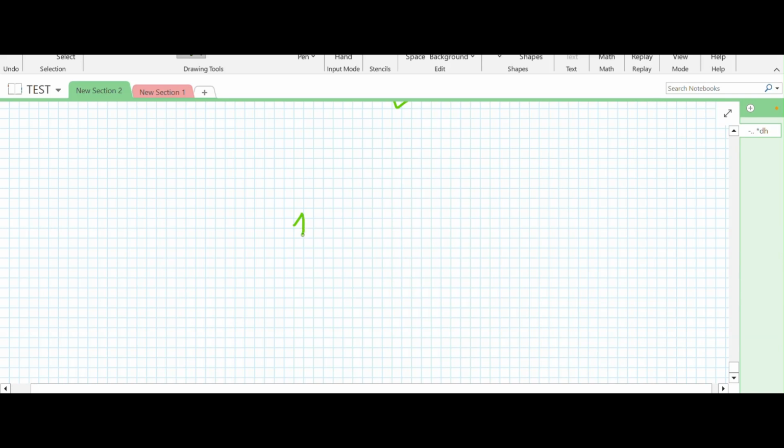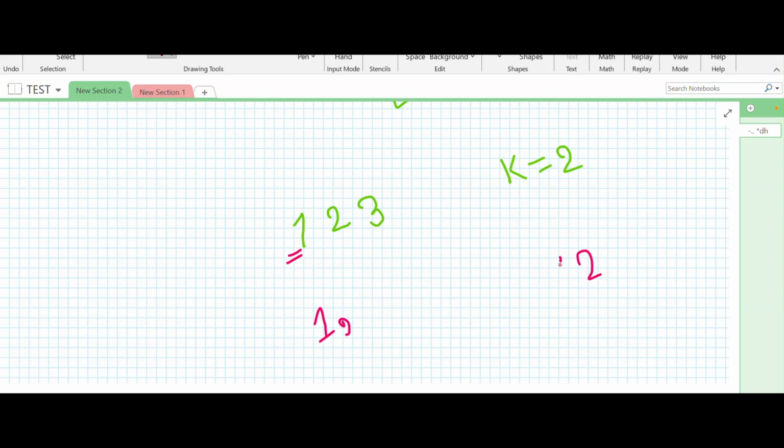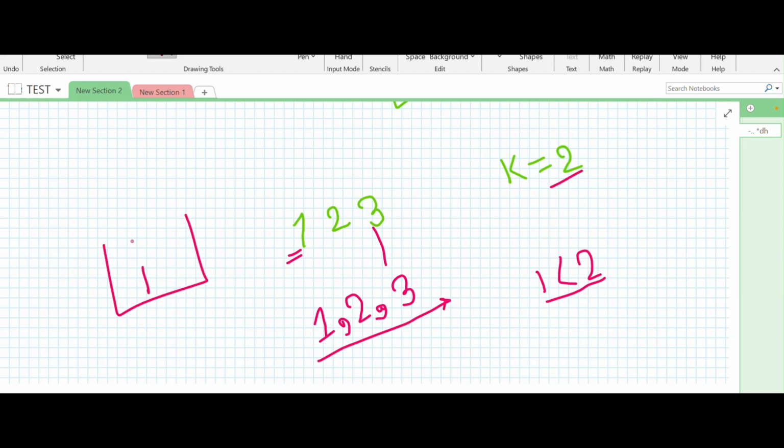Because if I see there is an element like 1 to 3 and we have to remove only 2 elements, so using my approach, my current element is 1, so I simply push it in my stack, and the next element is 2, which is greater than 1, so we don't have to pop from the stack, we just add 2 to the stack, and again we add 3. Okay, but we will not remove anything, so k is also still 2. My stack looks like 1 2 3,